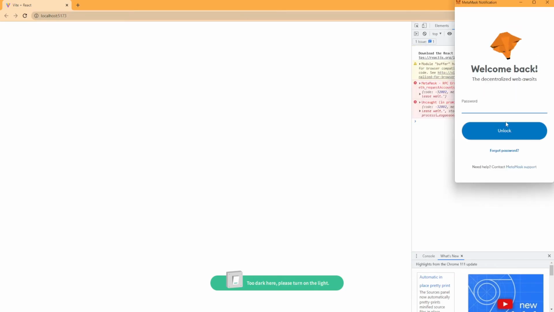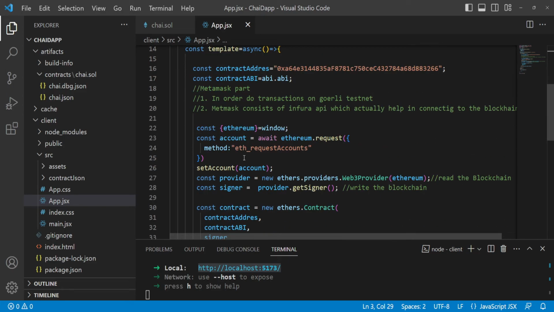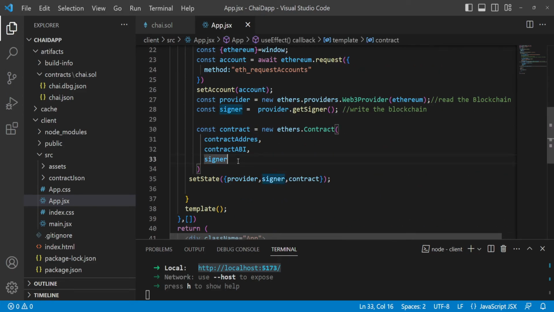So our MetaMask is already open. Okay, I think it's not open. Let me type my password here. Let me refresh. Okay, now we have our decentralized application template ready. So we can check this template by going to